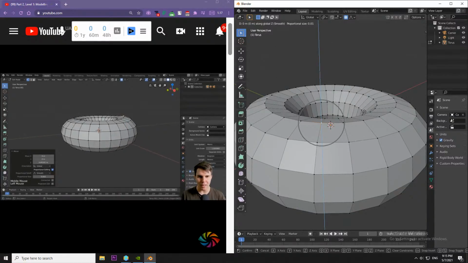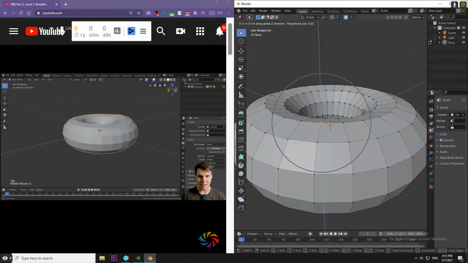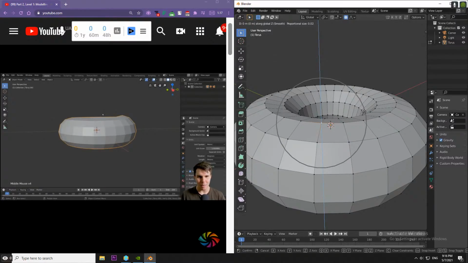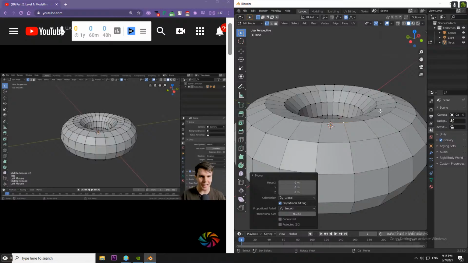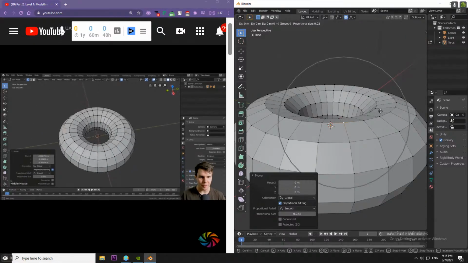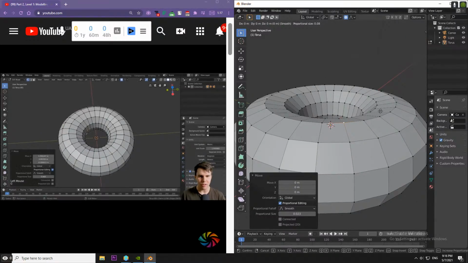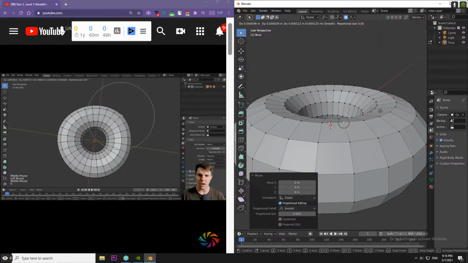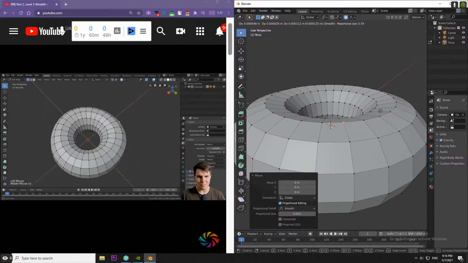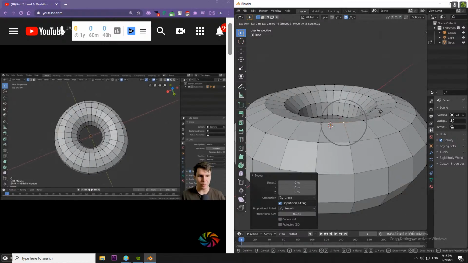And then I'm going to grab this one here and I'm going to move that down a little bit. So now I've got a weird little lumpy bit of donut. And then I'm just going to misshape the rest of it, right? Because no donut is perfect, although they do try. Just make it look a little bit squishy, because otherwise it's going to look like a